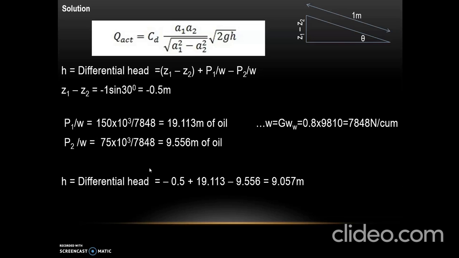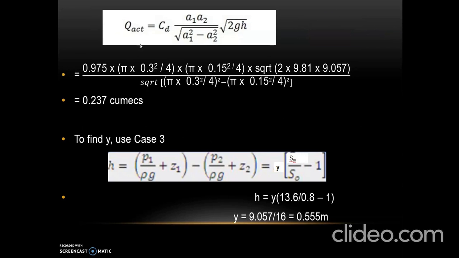And the differential head H is equal to minus 0.5 plus P1 by W, that is 19.113, minus P2 by W, that is 9.556, which is equal to 9.057 meter. So Q actual is equal to CD, that is 0.975 into